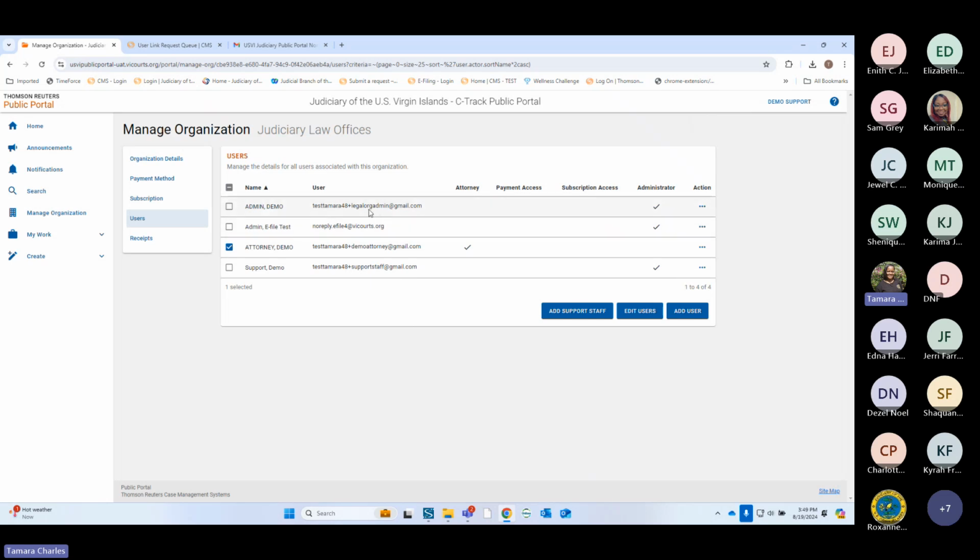So now if I go to this person, you will see when I log out and log back in that now this person could file on behalf of this attorney. So the demo support staff and the legal org could file on behalf of this attorney. I suspect that those of you that have a large firm or multiple attorneys are going to have a long list that goes down here. But if you do it that way, attorney support staff, attorney support staff, attorney support staff, then that would make it easier for you.